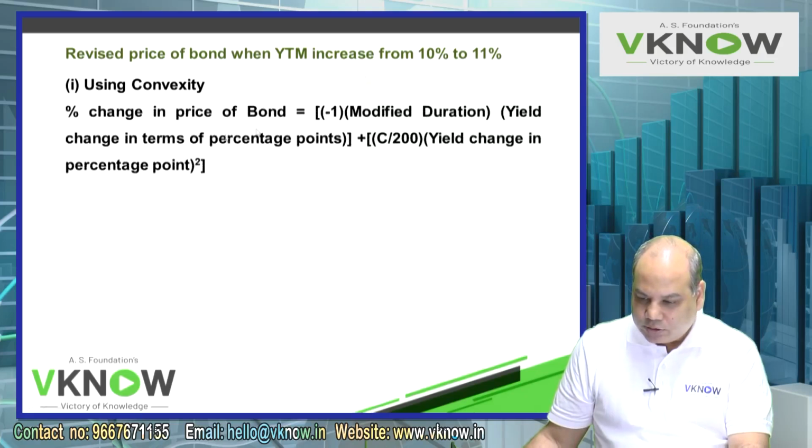So write down the answer. The formula is percentage change in the price of the bond is equal to minus modified duration into yield change in terms of percentage point